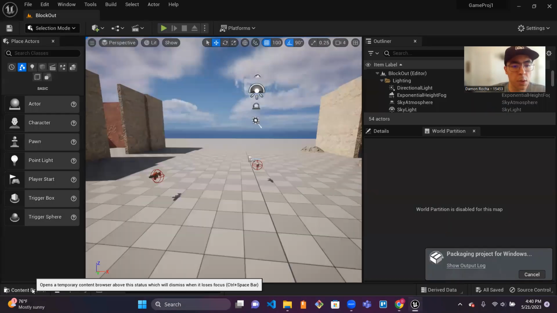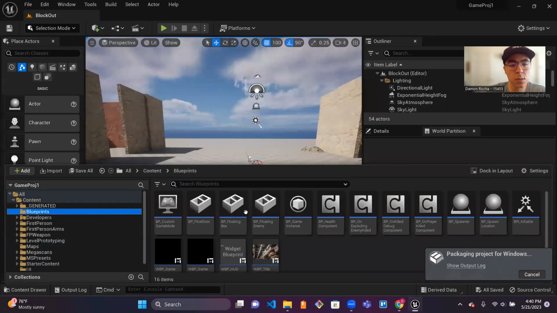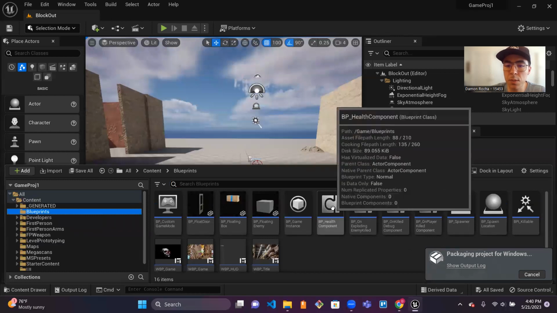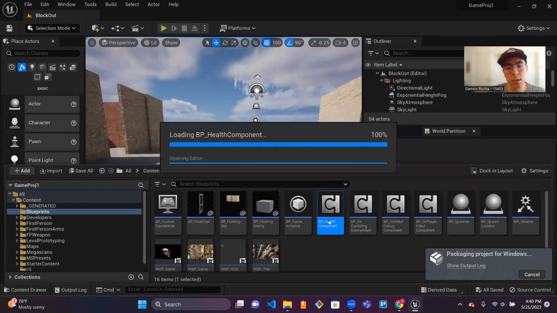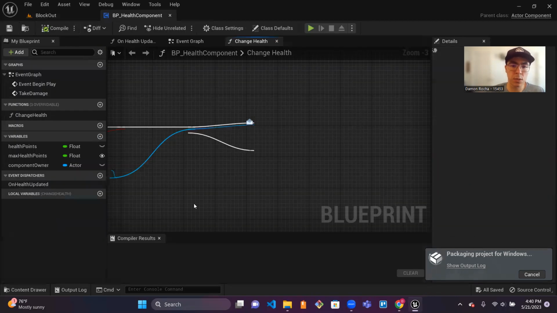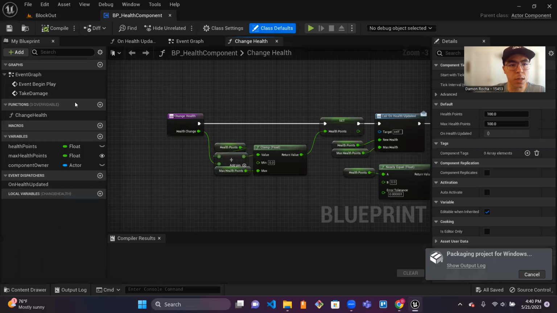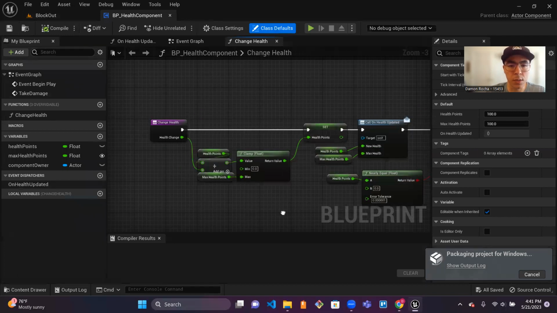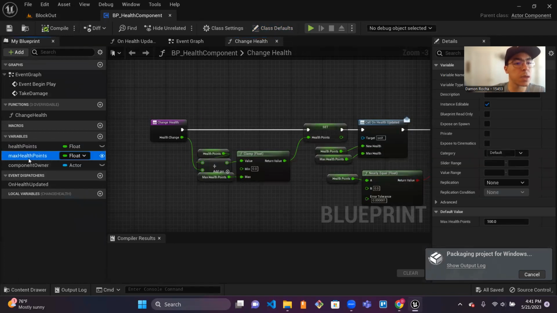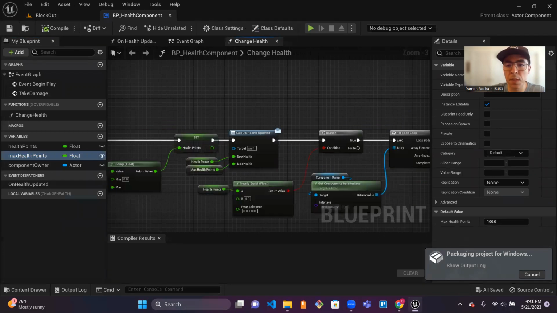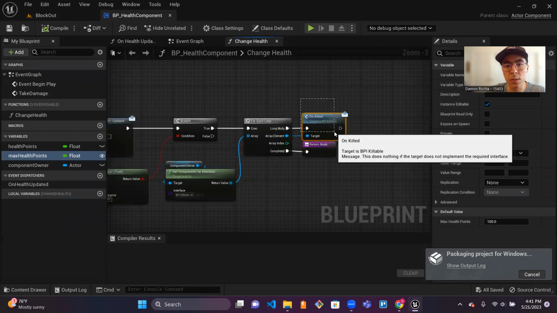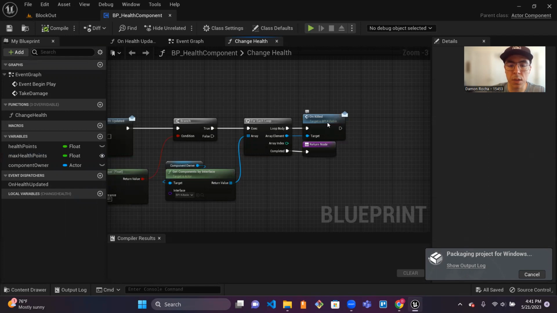Starting with components, this week I built out this health component. This allows any actor to have a health component attached to it. Instead of having to rebuild this health functionality over and over again, I can just attach this to any actor and they will have health points, max health points, and then it'll instantiate and it'll call this on killed